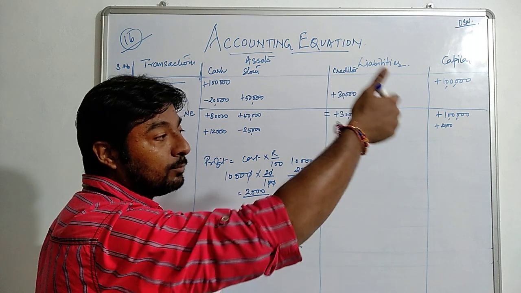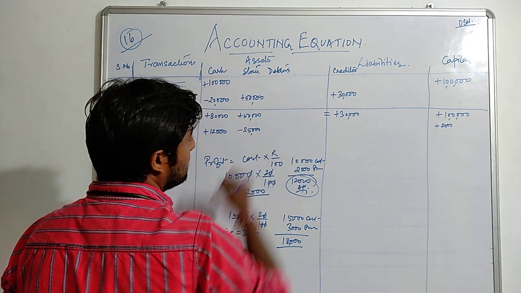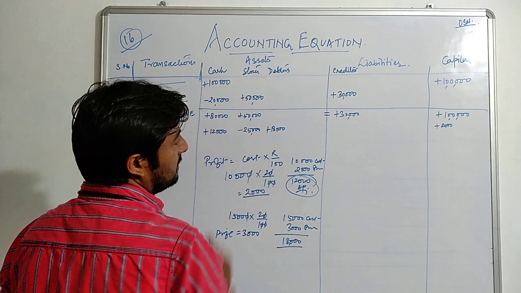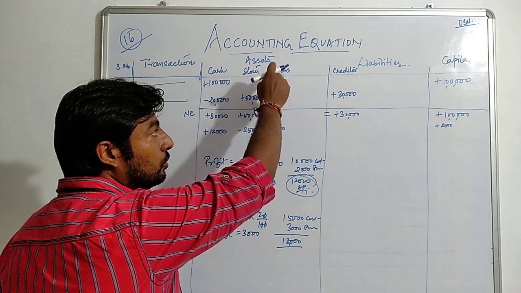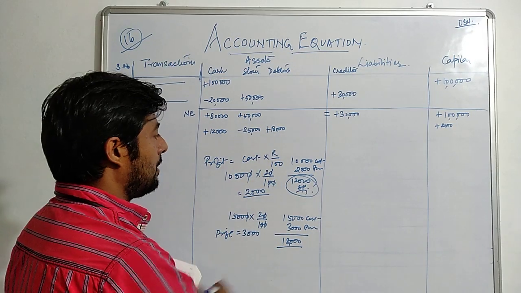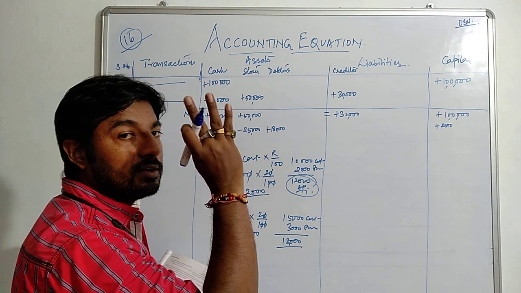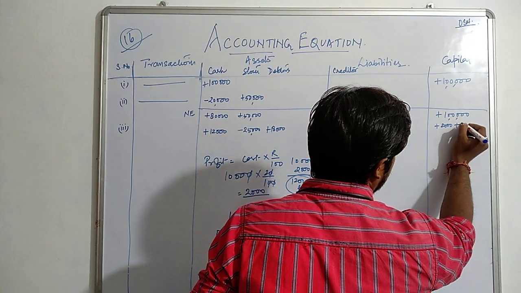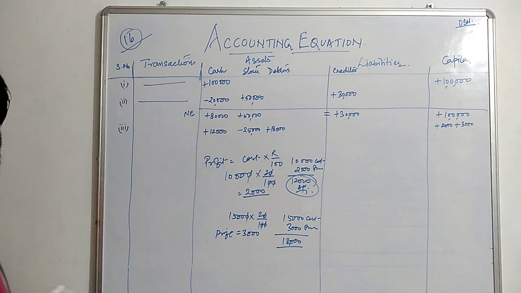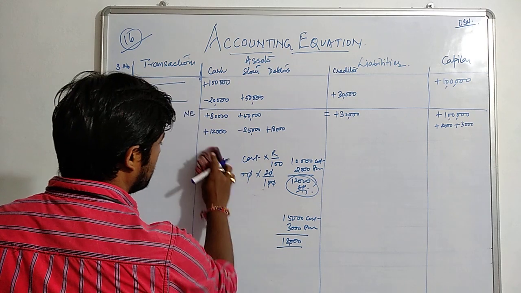Now tell me, from whom we have to receive in future is known as debtors. So the level of debtor is going to increase by rupees 18,000. Debtor is a person who is going to pay us the amount. How much amount? 18,000, right? Now, 15,000 is the cost. We are selling it for 18,000. 3,000 is our profit. So we are increasing the capital again by rupees 3,000. This calculation is proper now. Hope you all got this calculation clear.